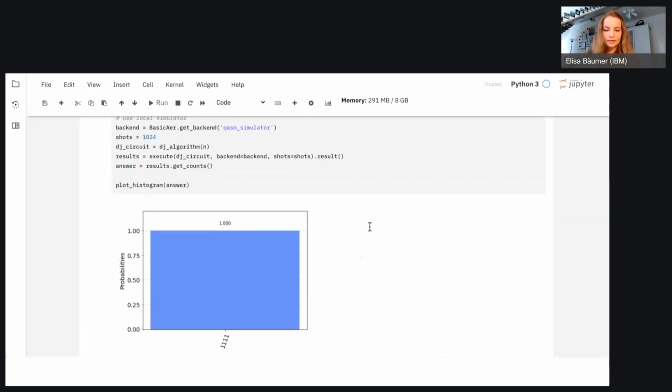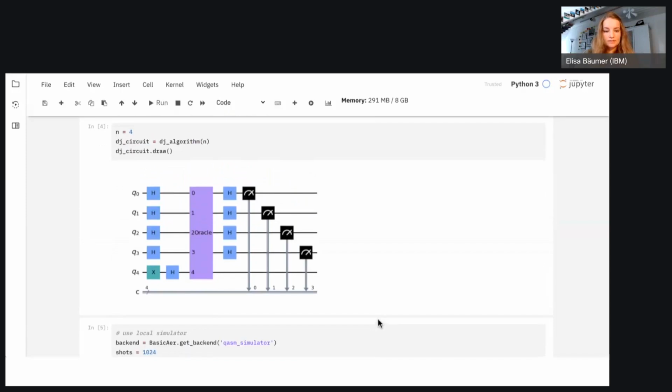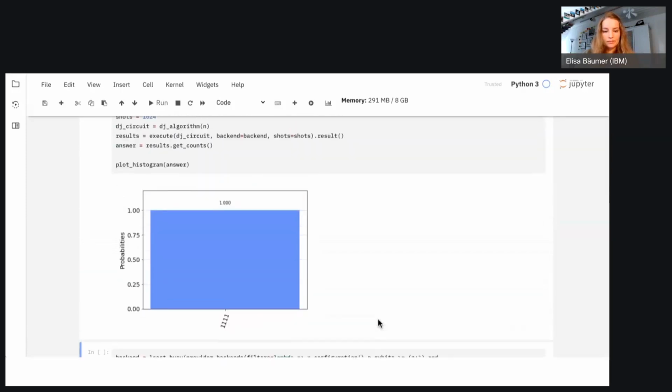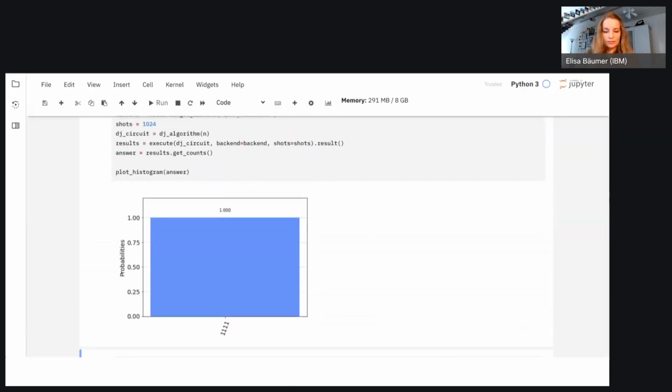Okay, that tells us that in this case, our oracle was balanced. Because we know that if it's constant, we would get 0, 0, 0, only the 0-bit string. If we get anything else, it will be balanced. The reason we got the balanced one now, that we get 1111, is just by the way we constructed the oracle.